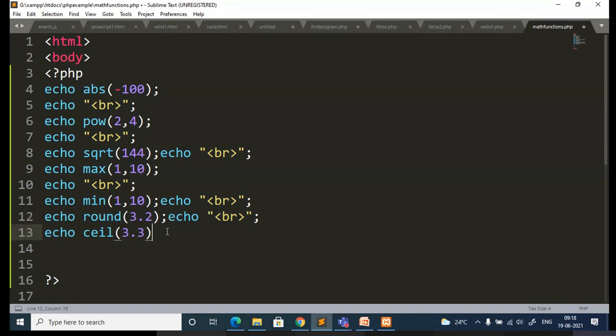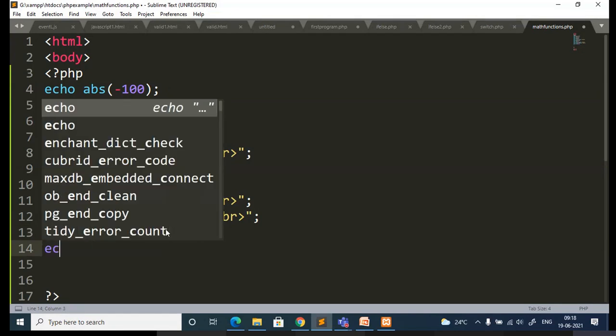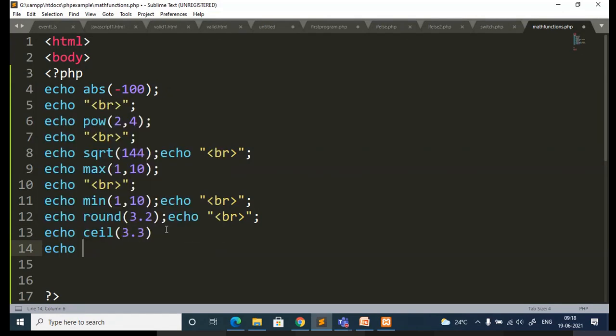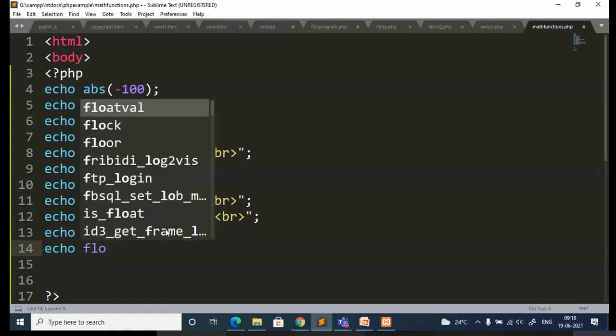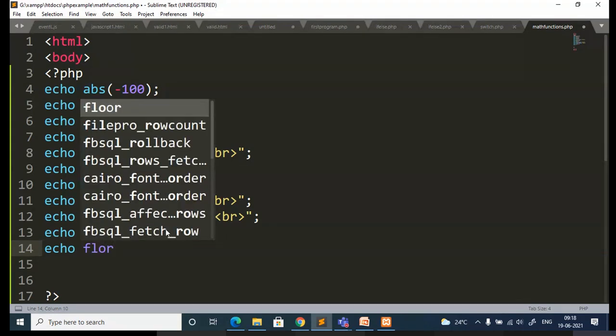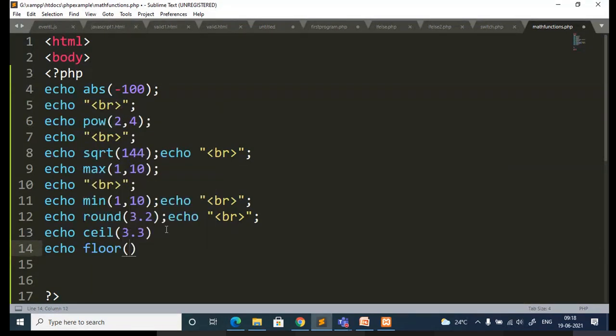Similarly, in case you want to round off to the lower number, then you have to use floor. I don't know whether you have used it or not, but all other languages also support these functions. So floor means it is going to round off to the lower number. So even though it is 3.9, if you go for round it should change to 4 actually.